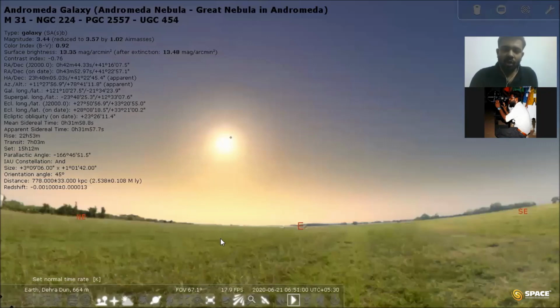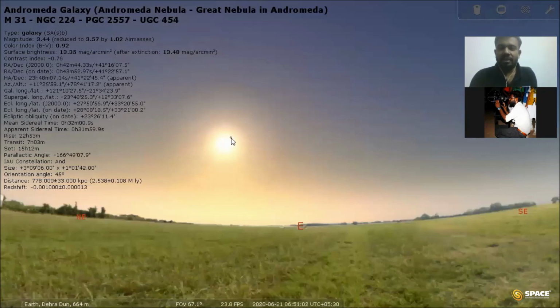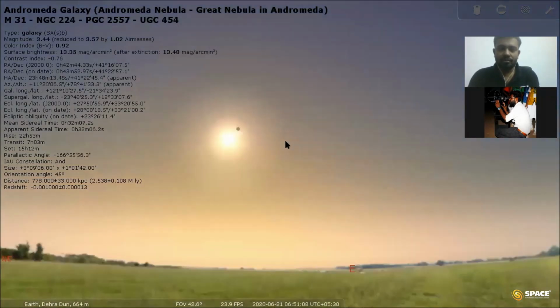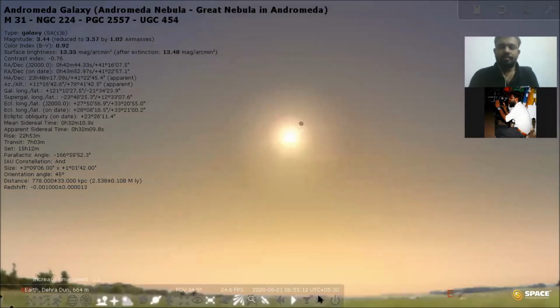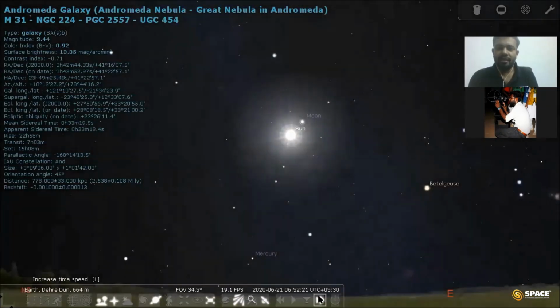So you can see a small black dot here, right? This is nothing but the moon, and here is the sun. So I'm zooming in now for your better perception. Now just forward the time. I'm removing the atmosphere for better understanding.